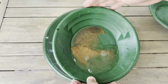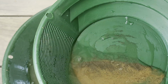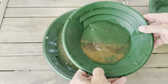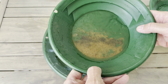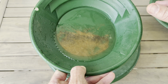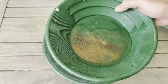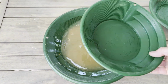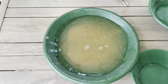All right, let's see. Wow, nothing. I did sand that, but it's looking like it's washing away a little easy. But anything that I see that looks like it could potentially be gold is very light in the water, so I don't see anything floating, so I don't think the Jet Dry necessarily would have made a difference here. Then again, I'm no expert, but all right. So I think I will conclude that the tailings of the pay dirt didn't have anything significant in it. So let's try the